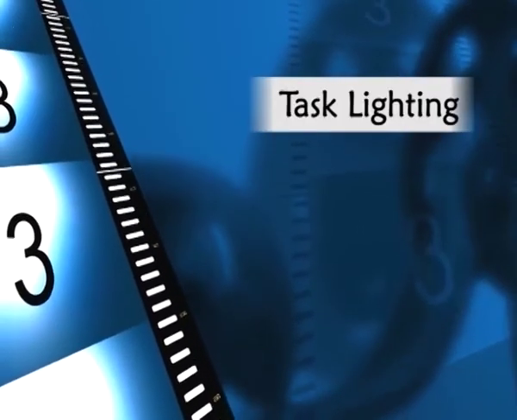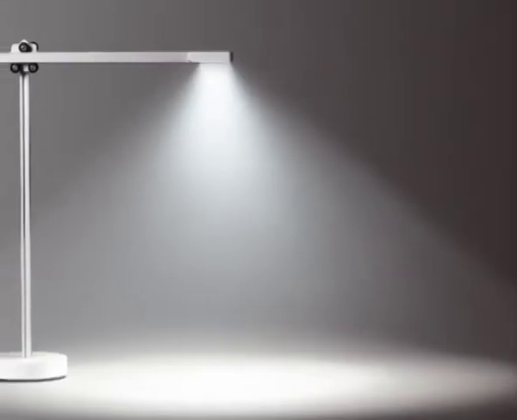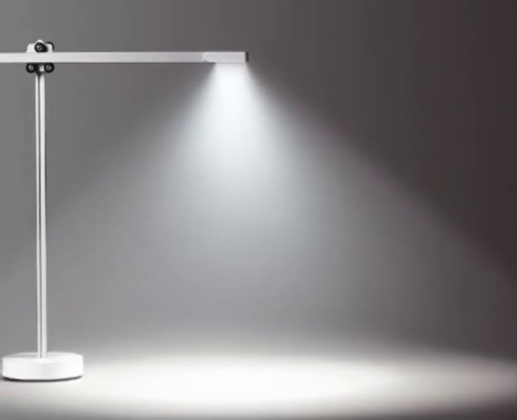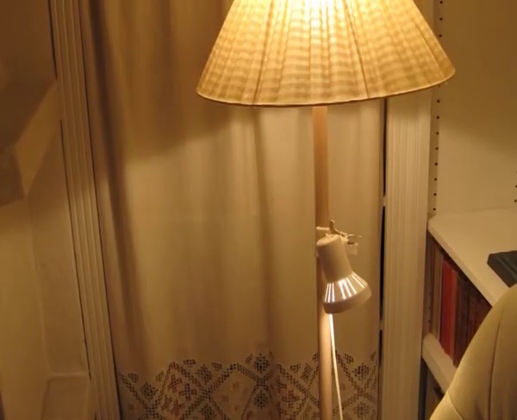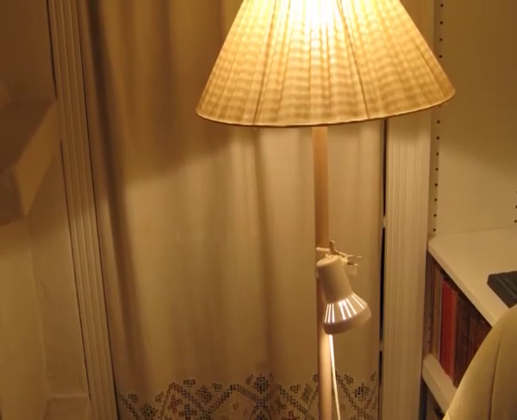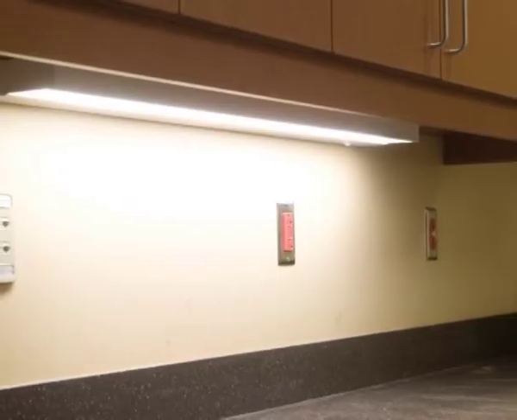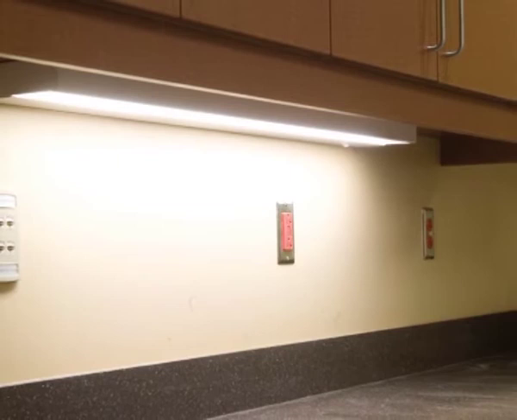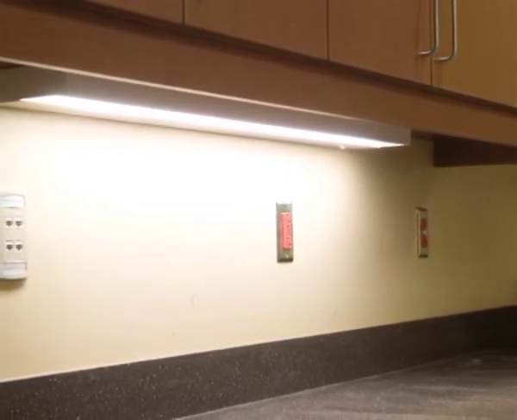Next, task lighting. If general lighting is not sufficient, a task light such as a torch or a lamp is a useful form of light. Task lighting enhances contrast, making it easier to see what you are looking at. A ceiling light is often too far away. Task lighting can be used for reading, writing, craft work, etc. Task lighting is best used with general room lighting so that when you move away from the task area, you are able to see where you are going.